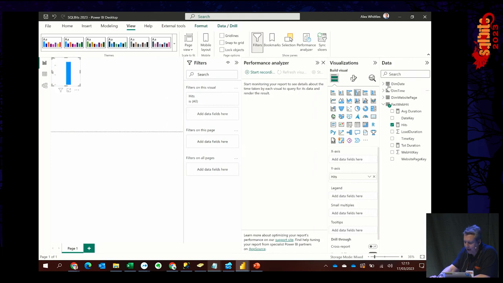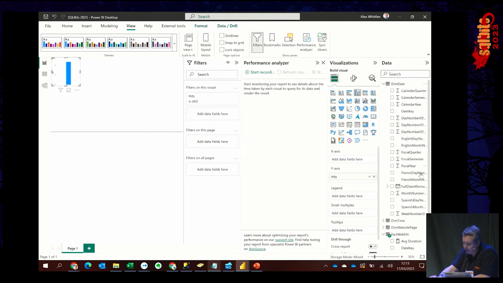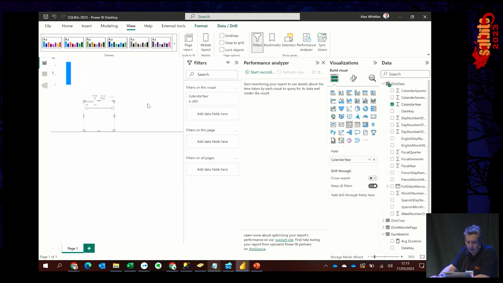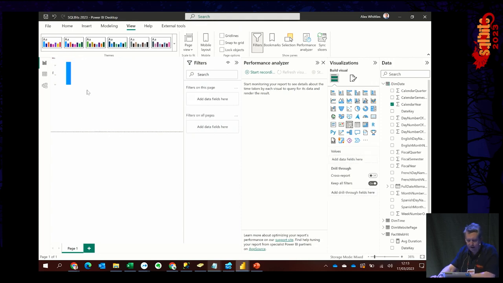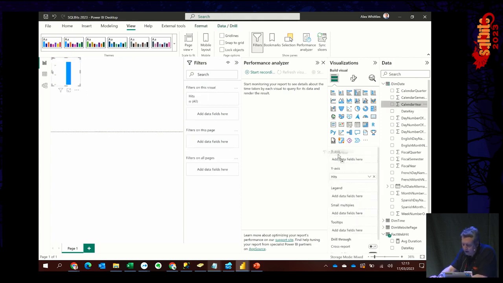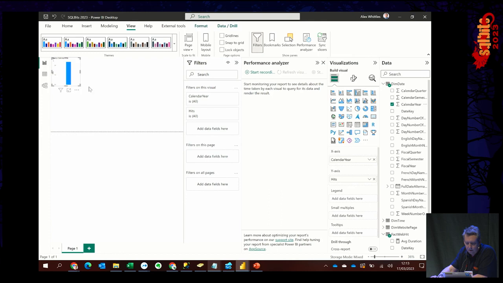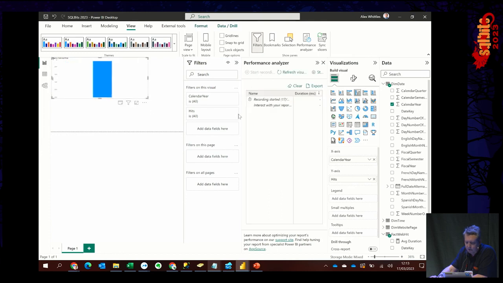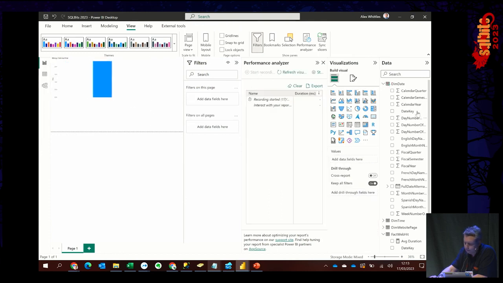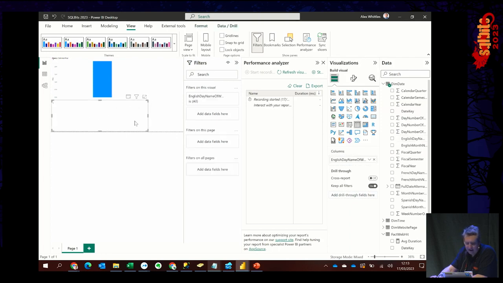Let's drag on a filter of, I don't know, let's go for calendar year. Turn that into a slicer. In fact, no, I'm going to get rid of that. I'm going to put calendar year on the x-axis. I should have started recording. And then maybe day of week as a